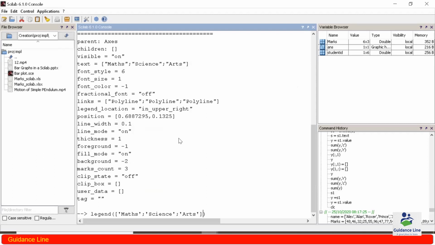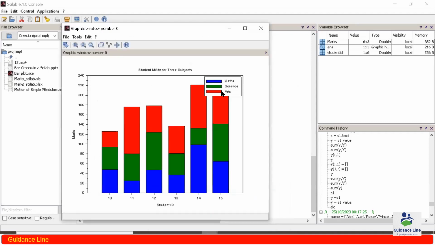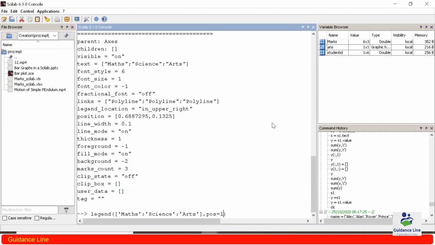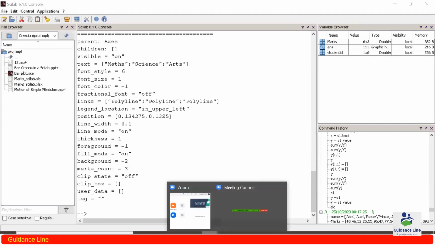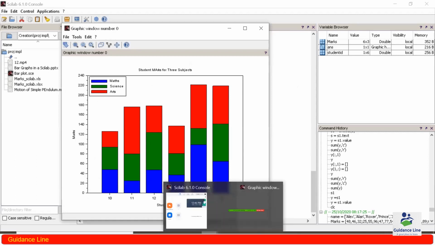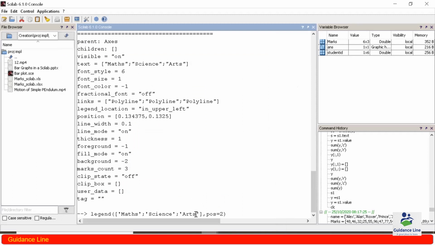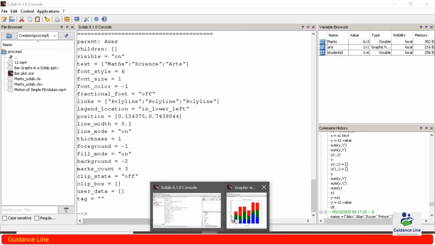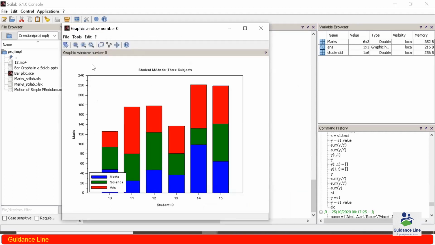So here we have written legend, and then after legend I can simply write position, pos, and if I pass suppose 1, now you can see we have a legend over here. Suppose I pass a 2, so now the legend is moved leftwards, or if I write position as 3, then it is moved towards the left at the bottom edge.